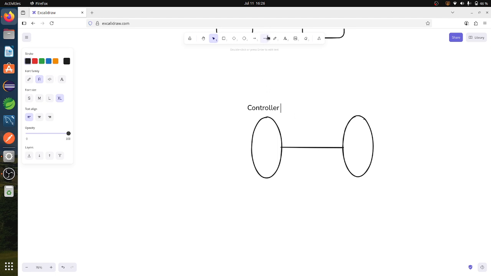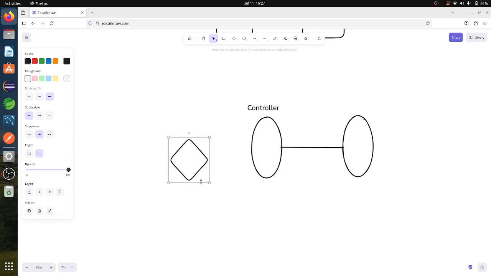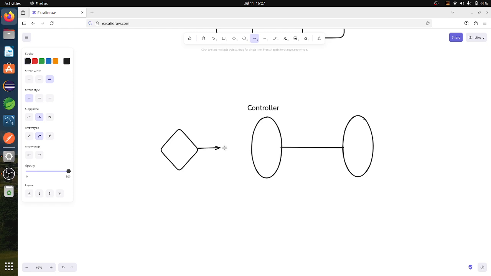So our request will be passed to the, here there will be a user or client. So the client is making a request. First of all, that request is taken by the controller, and after taking that request from the user, this controller will just pass this request to the service logic.